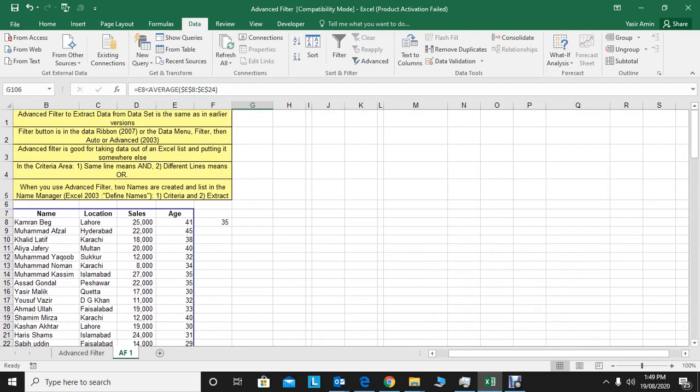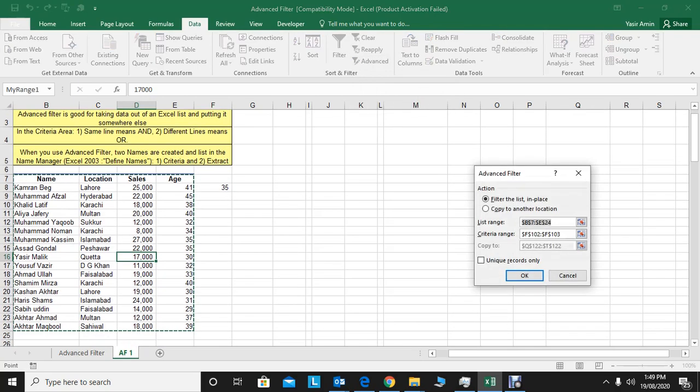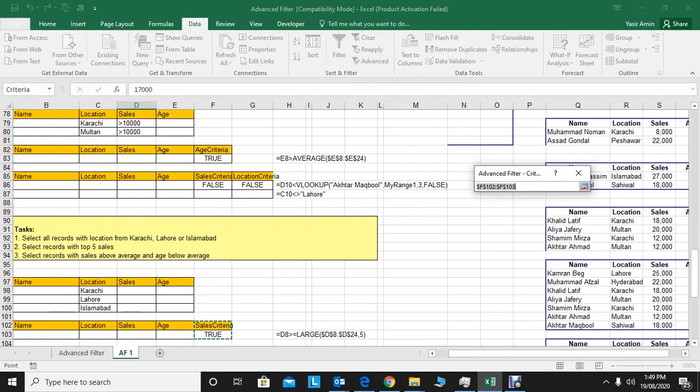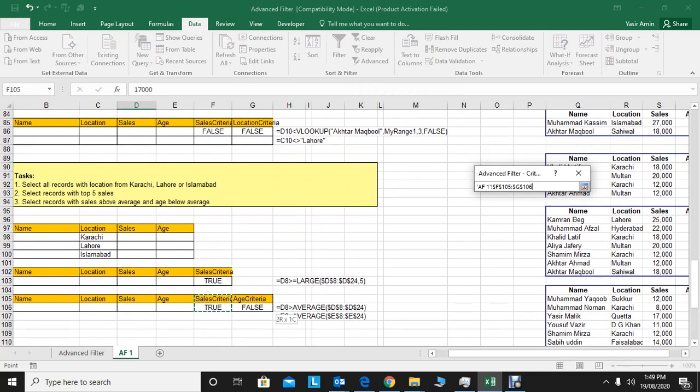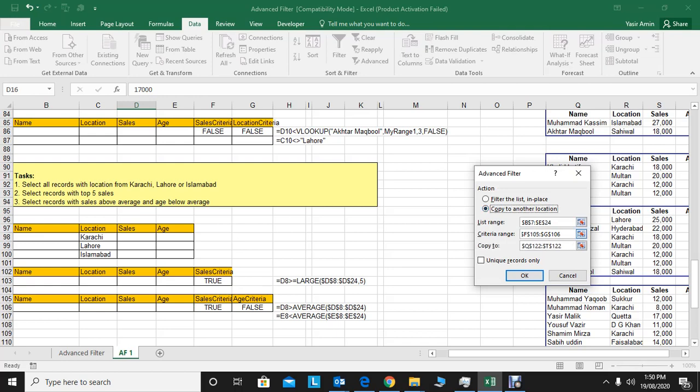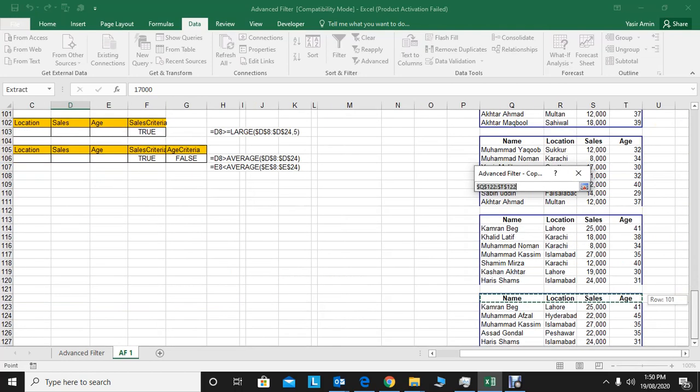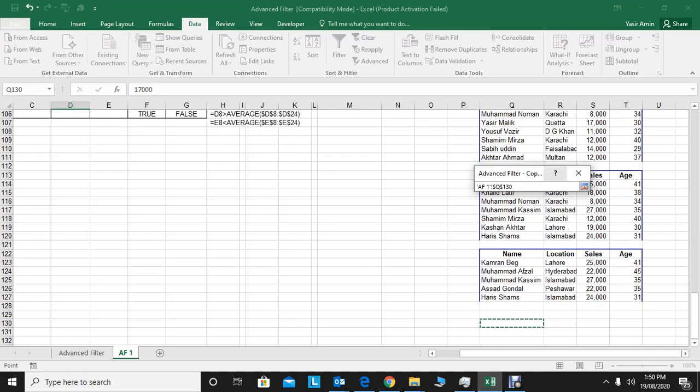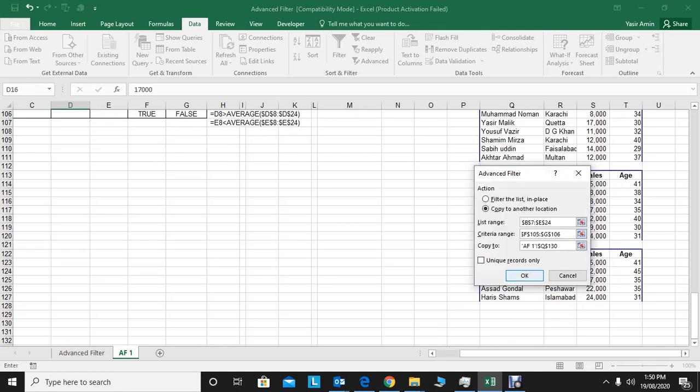And then these are the multiple criteria, come here, advanced filter range, come down, the criteria is right now this, copy to another location, and then press OK.